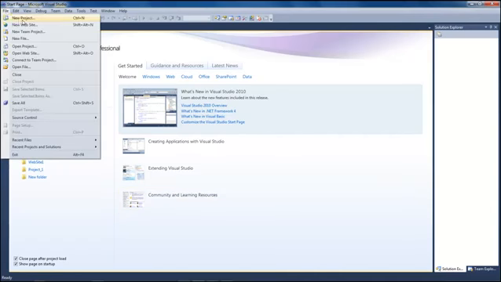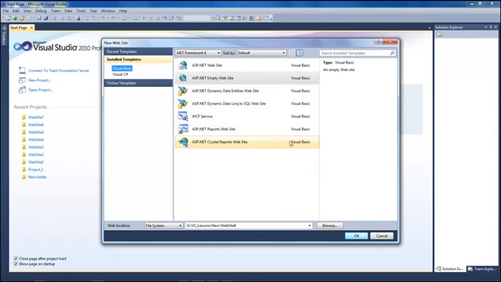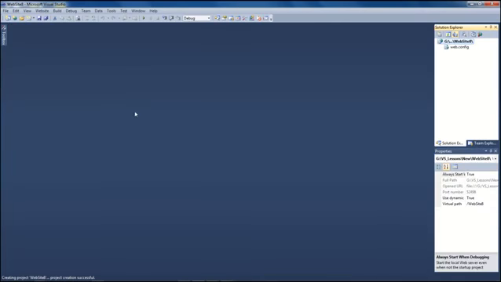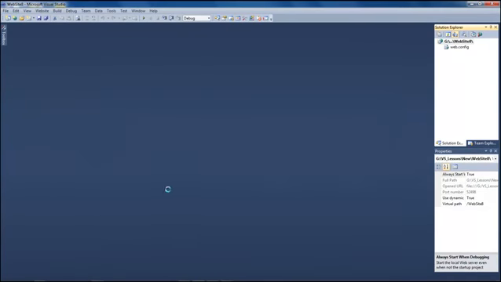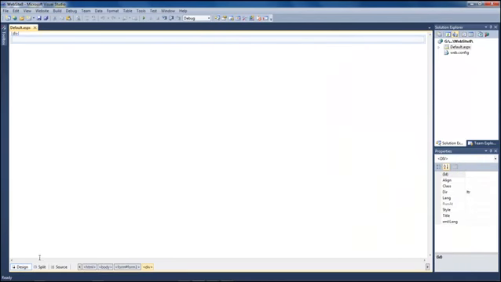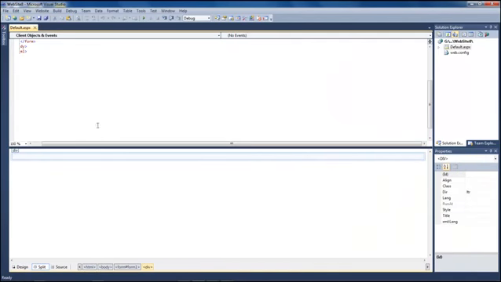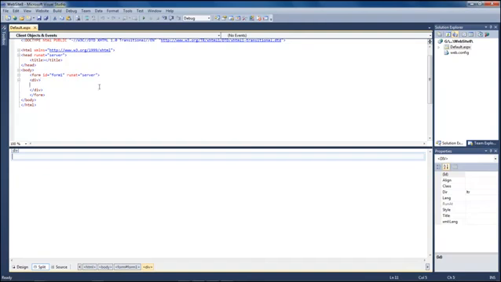Let's go to File, New Website. We're going to choose an empty website, and we're going to leave that as default. And then once the page opens, we're going to choose new file, and we're going to have it as a web form. Click add. Okay, and once it loads, come down here and click on split, and let's go ahead and add in our button,